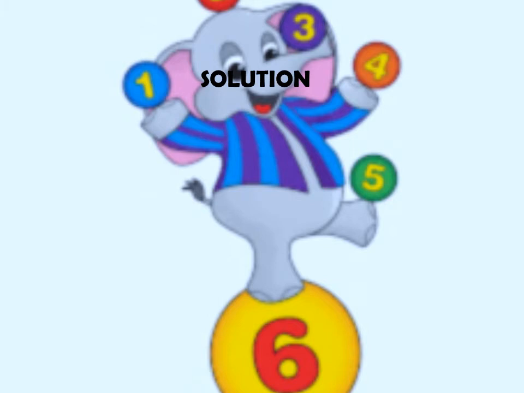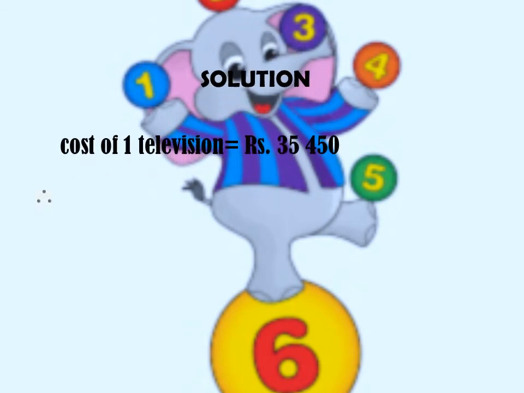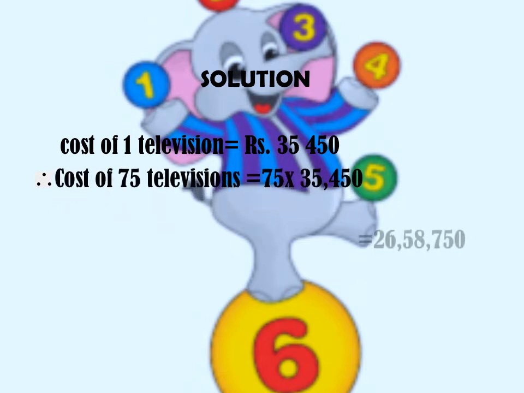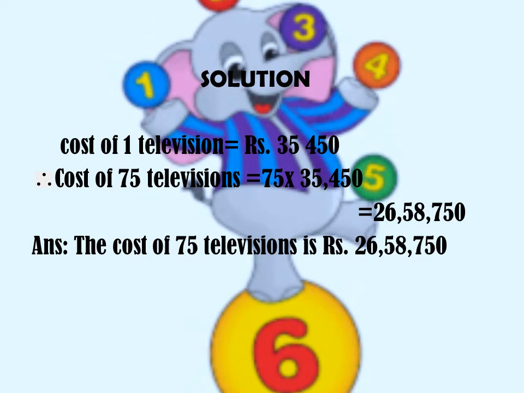So again, if we look at the solution, the cost of one television was given to us, and we need to find out the cost of 75 televisions. I actually have found out a shortcut to remember, and the shortcut is something like MOD or OMM. MOD means many to one is always a division, one to many is always a multiplication. So OMM I remember, and you also can remember this. If it is many to one, that is MO, it is always a division. So MOD and OMM. One to many is always multiplication, many to one is always division.